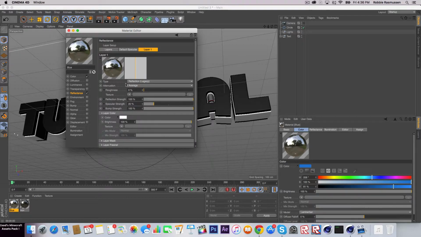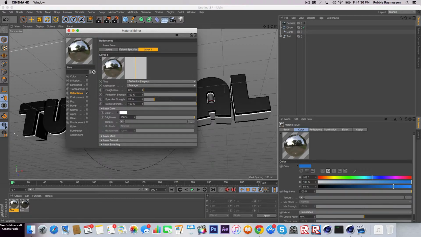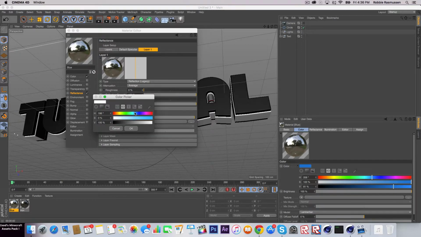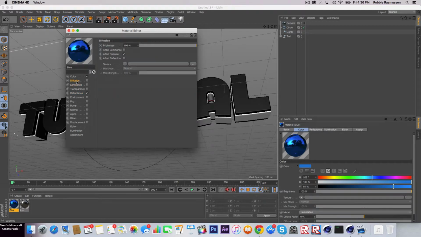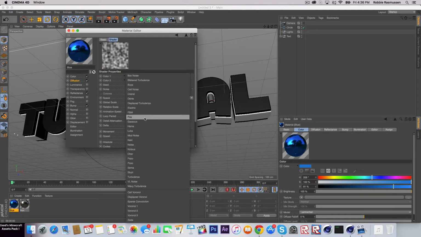Now, you see what I'm going to do is I'm going to go over here, specular strength 0, set this also to blue color. Now I'm going to want to give this a special texture, so I'm going to want to check diffusion and bump. Now on diffusion, I'm going to want to give this noise, and if I want some special texture,